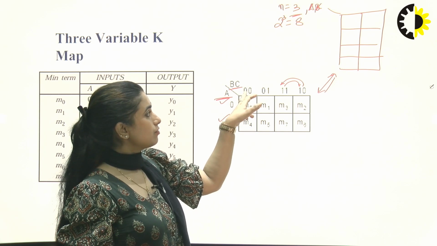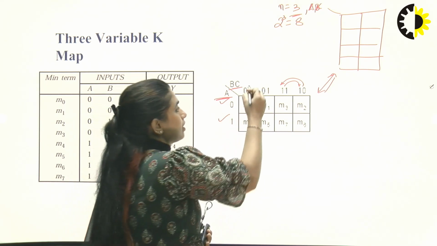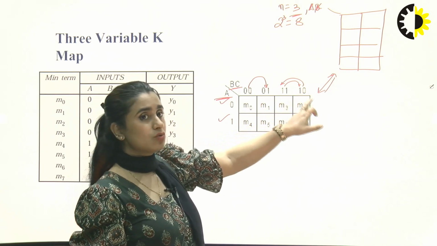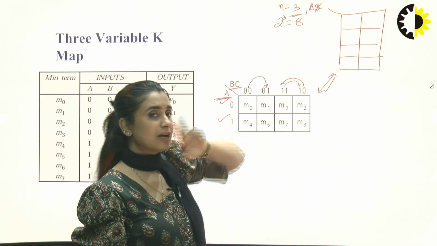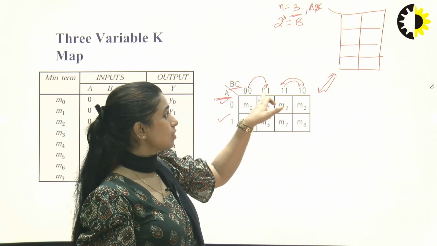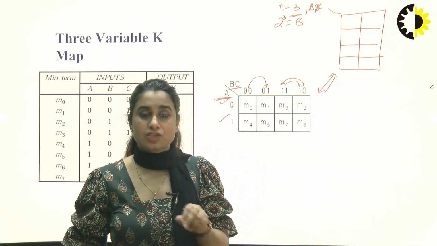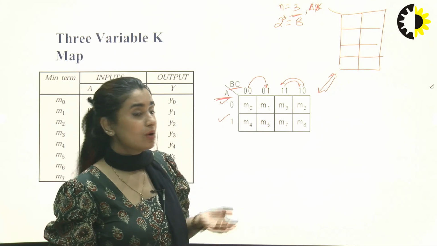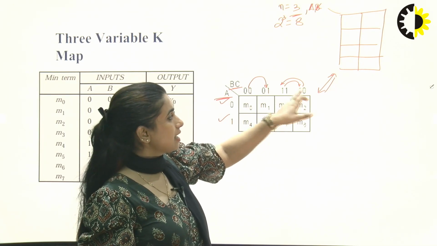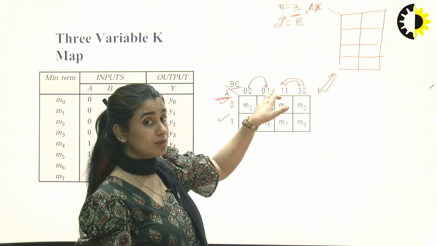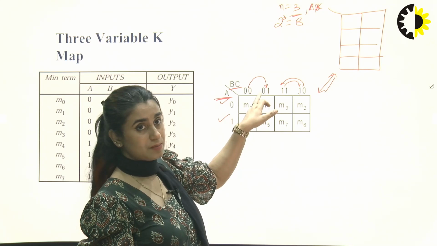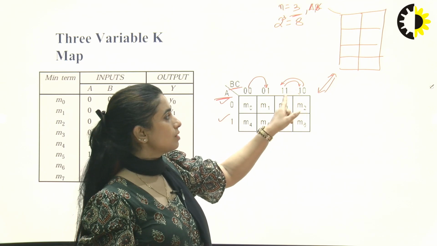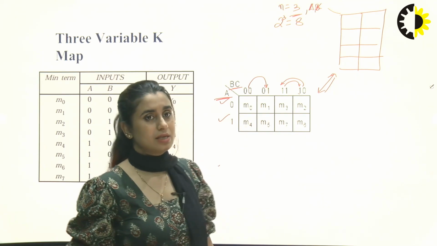So while going from 0,0 to 0,1, we can see there is only 1 bit change. While going from 0,1, if we would have directly switched to 1,0, there would have been a 2-variable change: 0 would have been 1, 1 would have been 0, which is not accepted as we proceed as per the designation. So 1,0 is kept here and 1,1 comes here. When I write 1,1 here, we can see there is just a change in the first bit, 0 becomes 1, 1 remains 1. And when we move from 1,1 to 1,0, there is just 1 bit variation, in the second bit, 1 to 0, right?